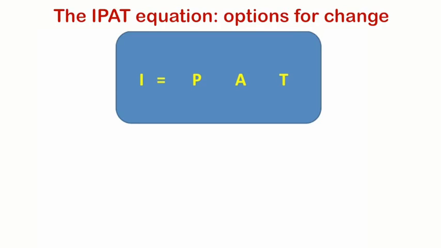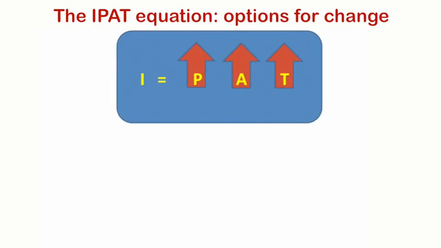Historically, the IPAT equation has been used to relate the environmental damage to human population and human activity. For example, to explain the increase in lead pollution from the increased use of cars in the developed world, and now increasingly also in the developing economies in Asia in particular. So historically, all three of the variables in the IPAT equation, P, A, and T, have been increasing, with an increasing impact on the global environment.